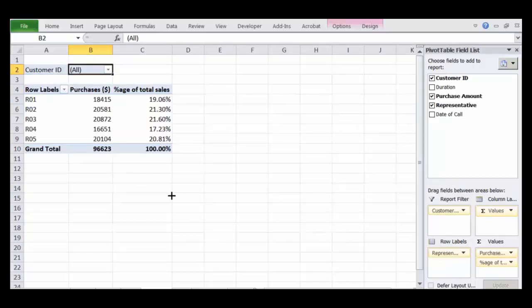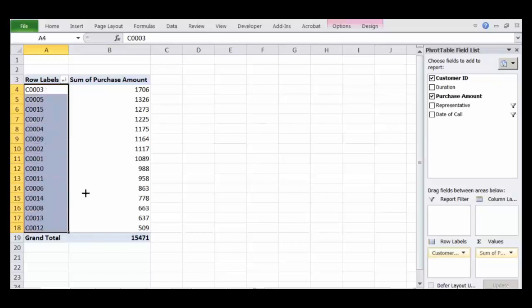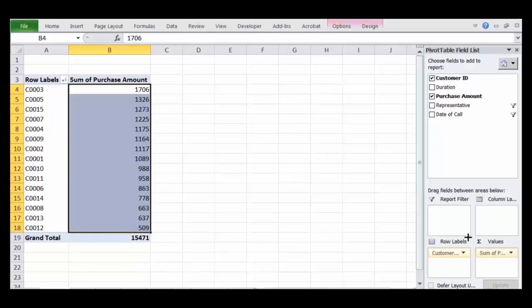So it's very simple and very practical. It is highly intuitive. You can see customer, you can see representative as row, with summation of the values, okay? Like that you can make a lot of data. So I have created some of these sheets. What we have is this, I have already told you. So in the rows you have the customers and the sum of the purchase amount, okay? I have not put any filter.